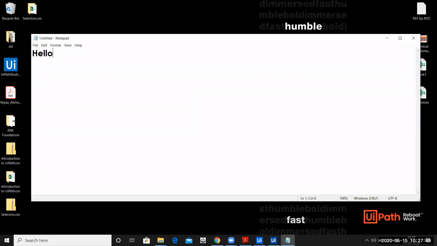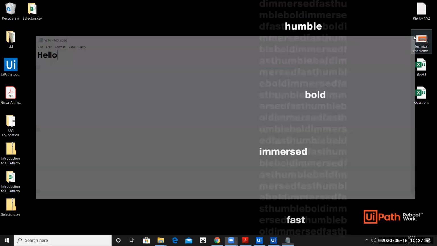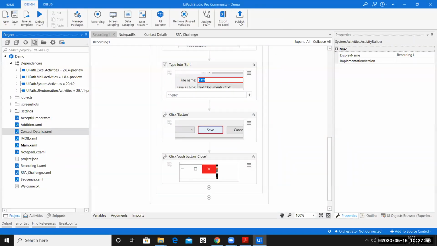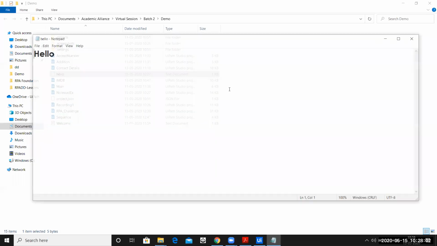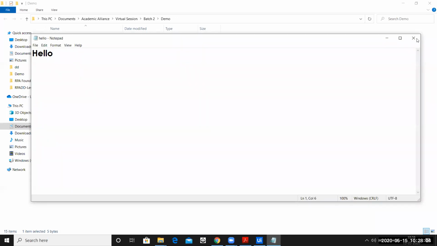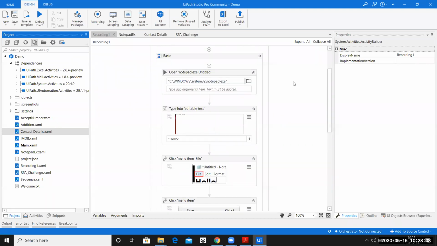Okay, hello, file, save as, perfect. There you go. So let me do a refresh and you see here is the hello notepad with the type hello. So now you can build automation at much more faster rate because recording helps you out to do it.